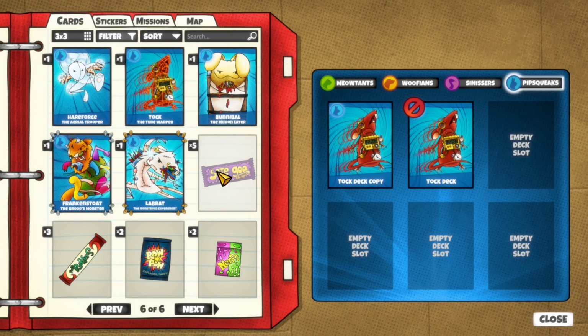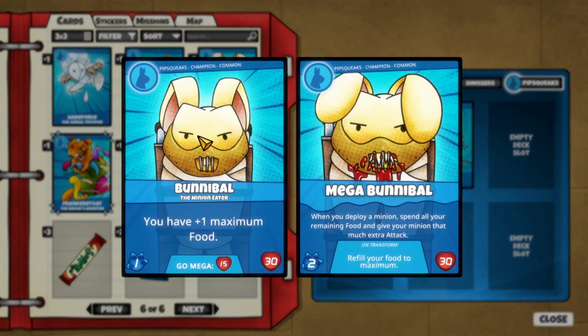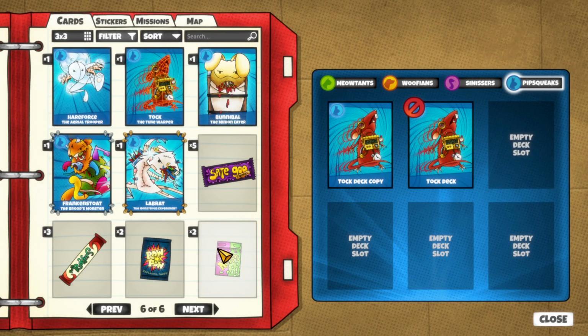That being said, I am missing two of the leaders here. I am missing Valor, who is a rare leader, and I am missing the Brood, which is the blue legendary, which is probably one of the strongest of the leaders here. Anyways, so we're going to start with the Brood because we don't have them. What the Brood does is it deploys...